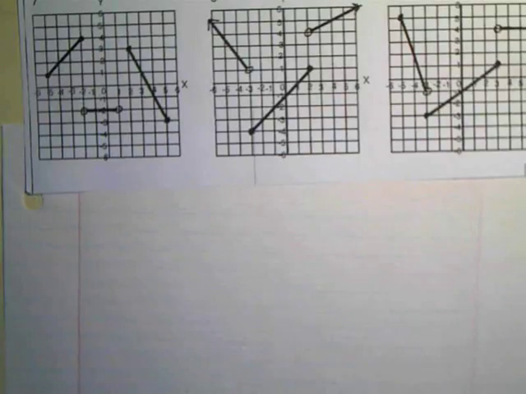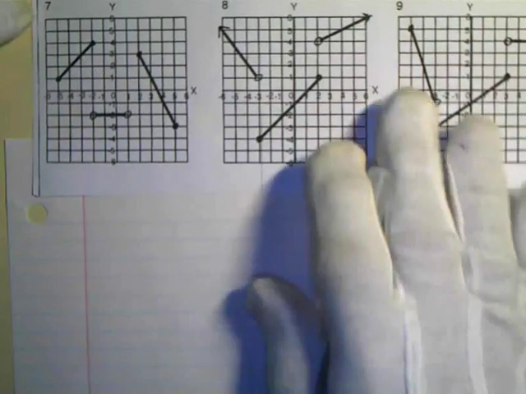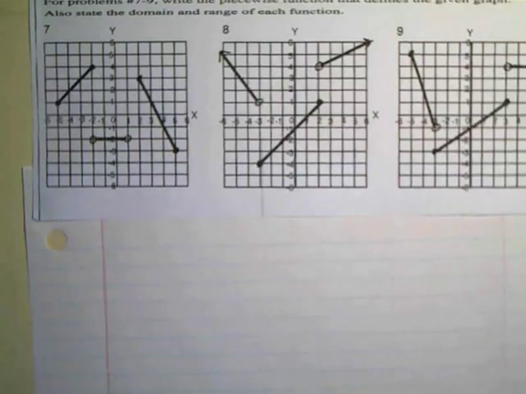Okay, we've got some piecewise functions now. What we want to do is define them, or write the definition for these. So number 7 is the first one up here. I guess you can see it now. So first thing we'll do is write